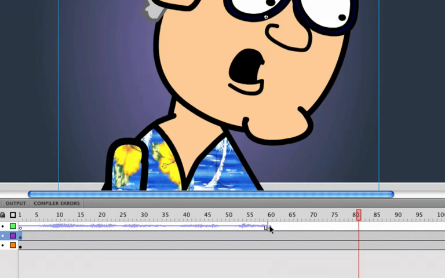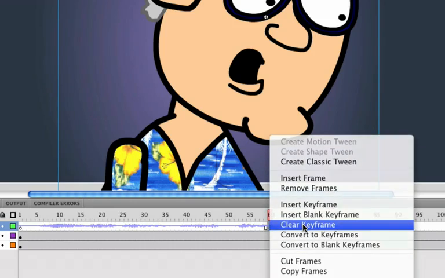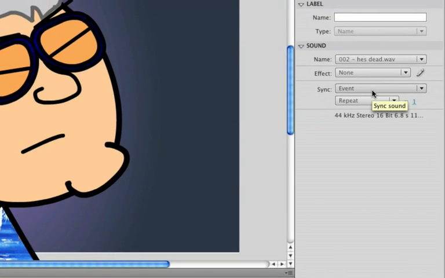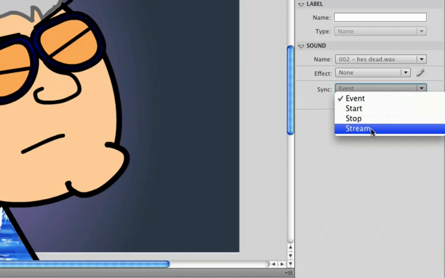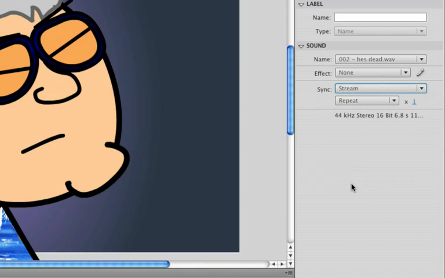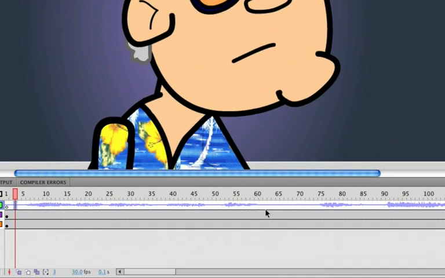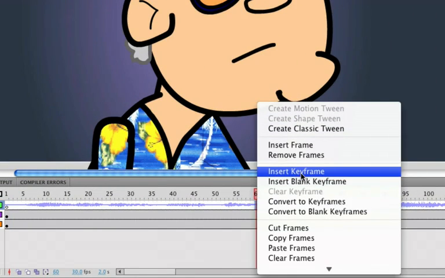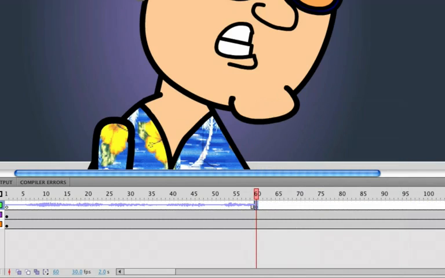There you go. You'll see that it stops right when you indicate the stop. Now, let's clear this keyframe, and set the sync from event to stream. So now it's on stream, and it acts a little bit differently. When we disrupt this wave pattern on frame 60, and we don't put a stop indicator in there, and we go ahead and play it,